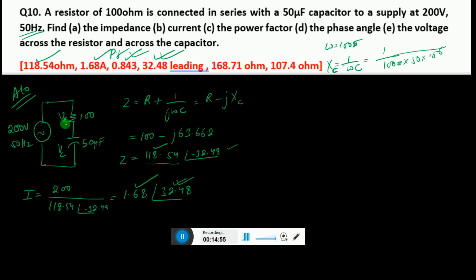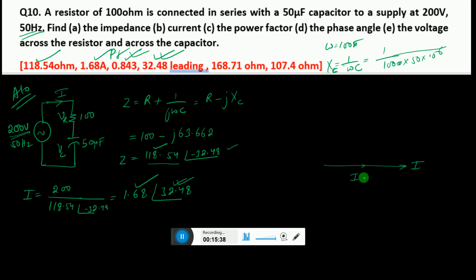If I draw the phasor diagram, here the 200 is given with a straight line, 200 is not given with any angle. So let us say this is a 200. Let me draw it here. This is the value of the voltage, the total voltage. If I divide this voltage with the value of Z, then I get a value of current, but it is not possible. The current is the one which we have to take as a reference. So this we cannot take as a reference, we have to take the current as a reference.